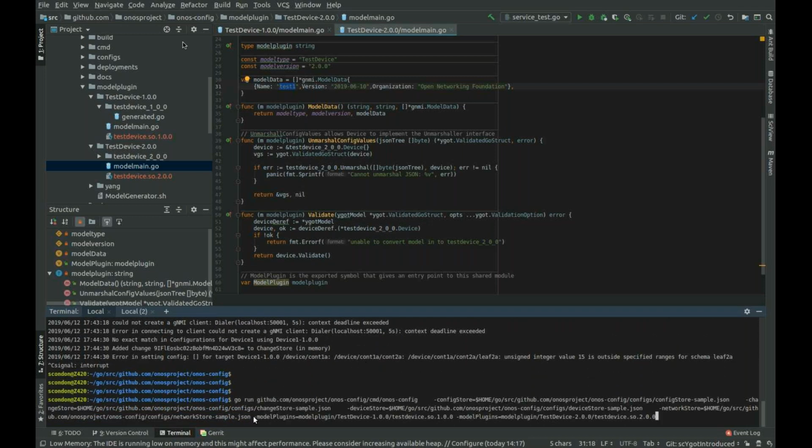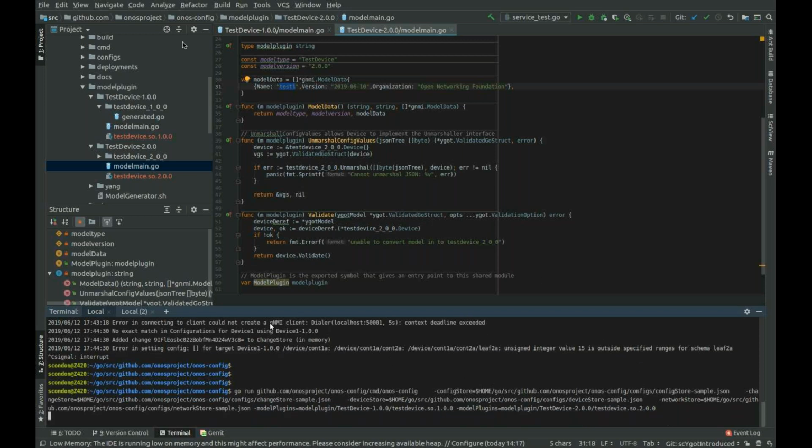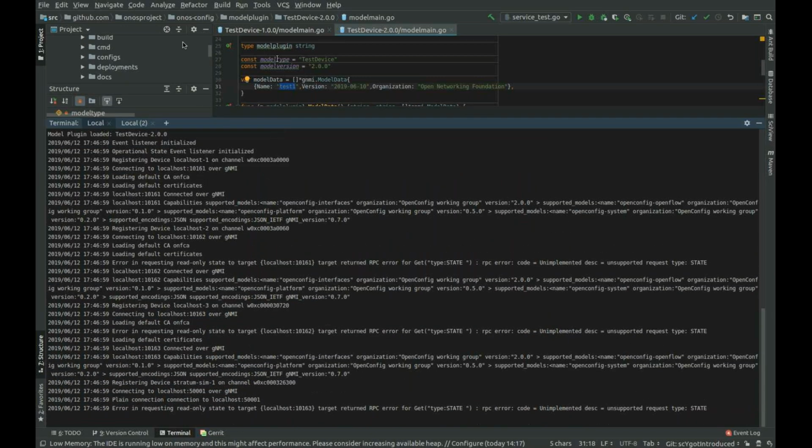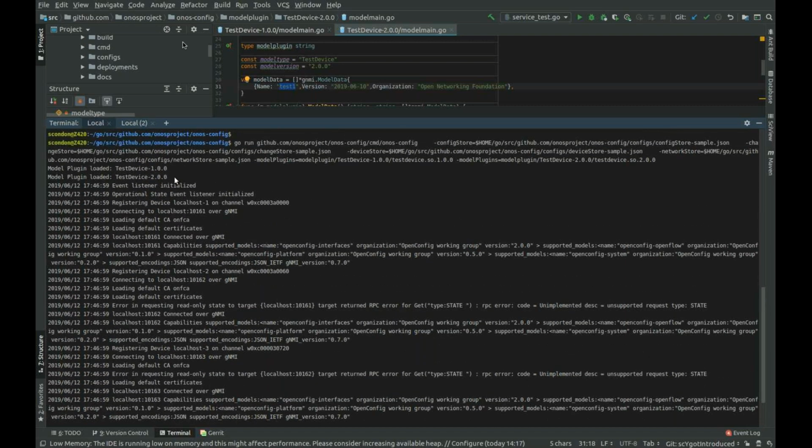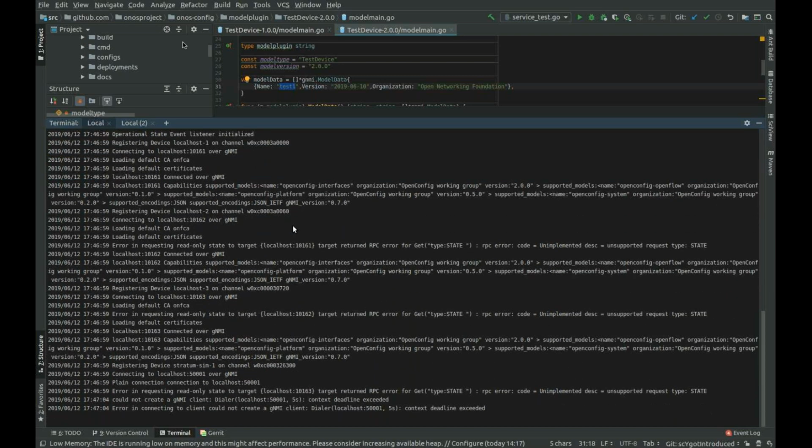What I have is a flag on it, so that you can specify any number of model plugins that you want. So if you wanted to support Stratum, basically you would add in the Stratum plugin. So I'm going to run this ONOS config here, and really just to prove the point, I'm showing here that I have loaded the model plugin, and it was dynamically loaded as a shared object